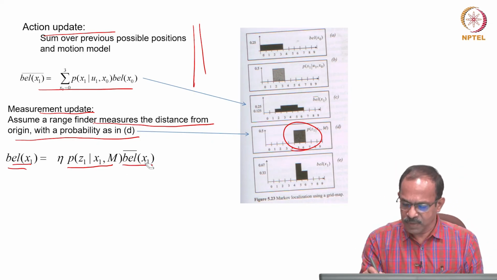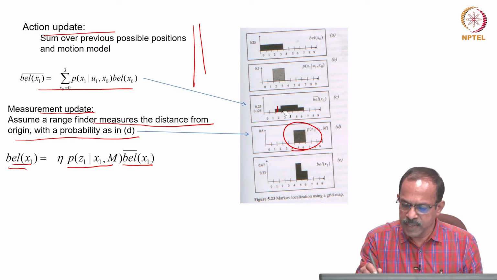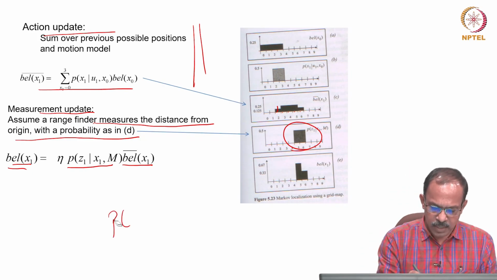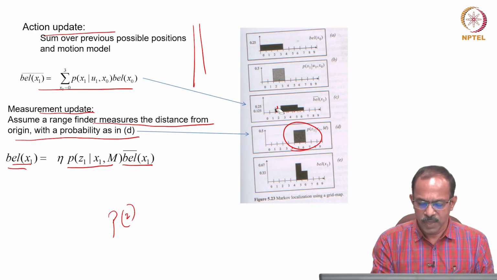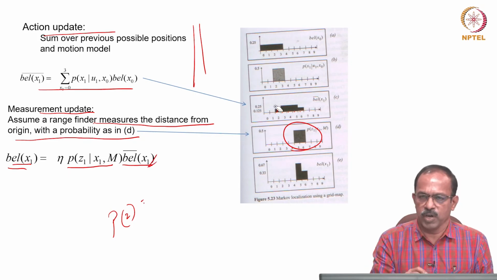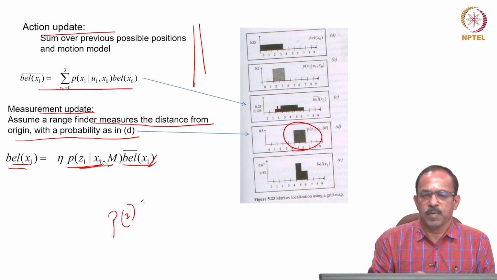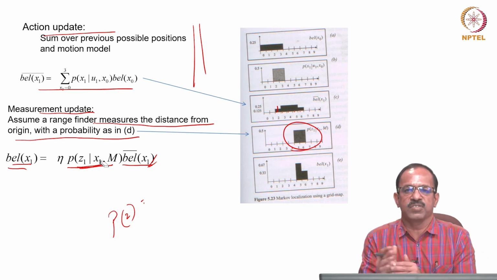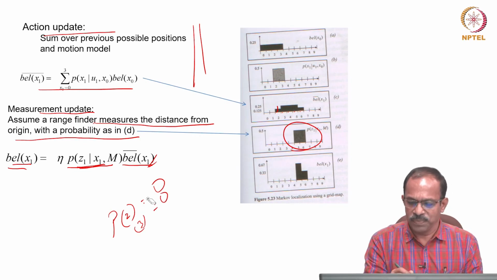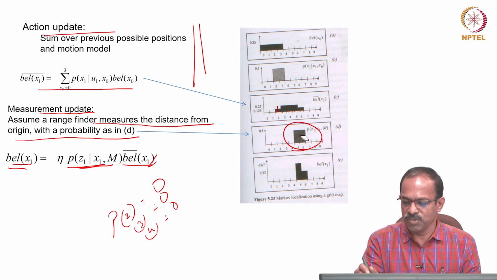So, for every position here, 2, 3, 4, 5, 6, we find out what is the probability. So, we will try to find out what is the probability that the robot is at 2, because it was 2. Now, for this belief x1, we know the probability is 0.125, but for this one the probability is 0, because only 5 and 6 have 0.5, all others are 0. So, 2 will be 0, then 3 will be 0, then 4 will be 0, because only 5 and 6 are available.